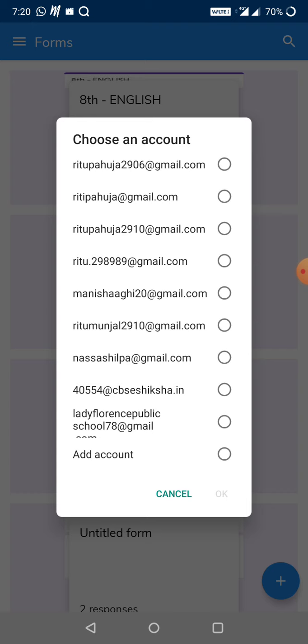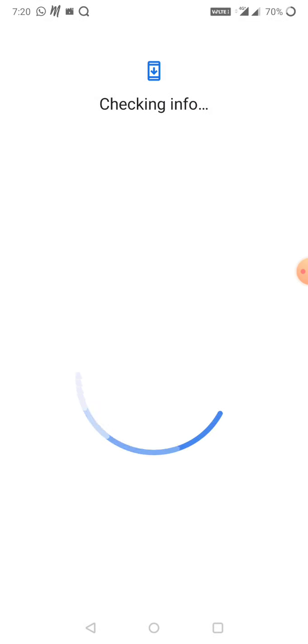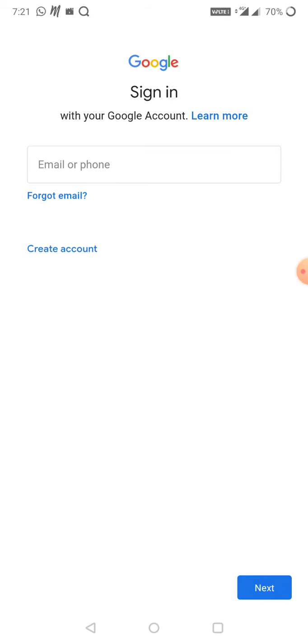Now here what you can do, you can go to add account, because that email ID will be new for you. You go to add account, press OK, then it will take you this way.